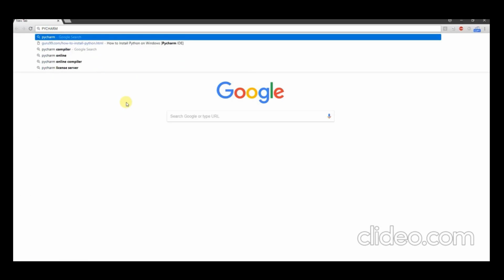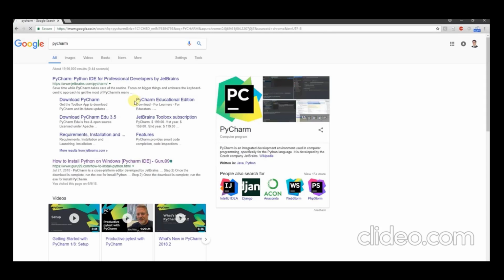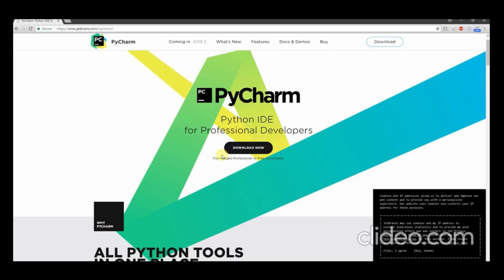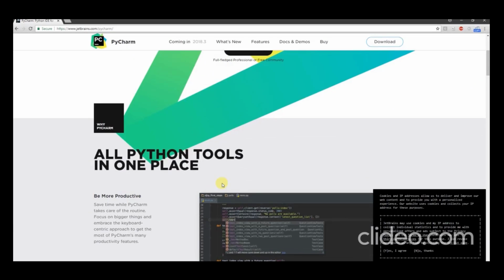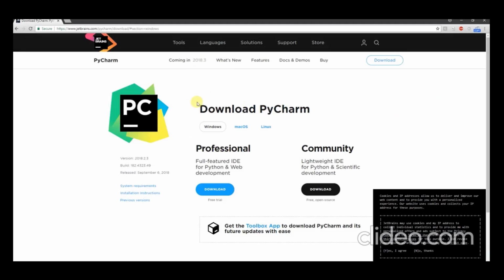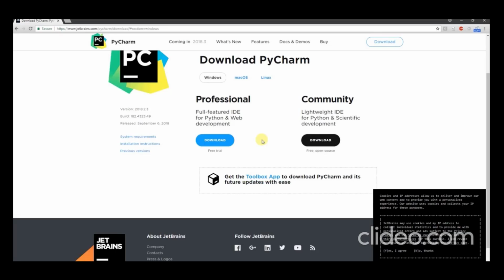So here you can see all the download options of PyCharm. Once we click on this download option, you will get a small exe file. I already downloaded it, so I'm not going to download anything. Now you can go here. So let's go for community and professional. There are two versions available, and community is completely free as well as open source. Let's go for the community edition, and click on this download, and it will start downloading your PyCharm.